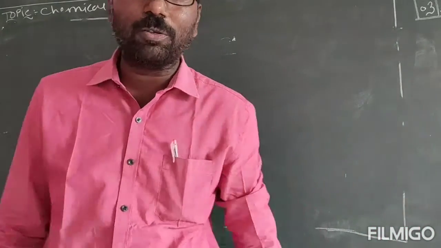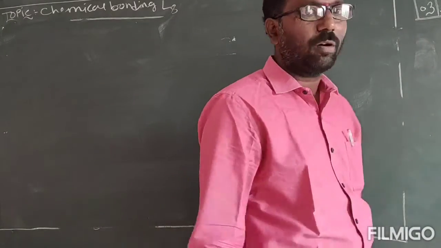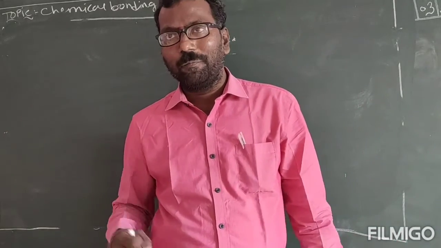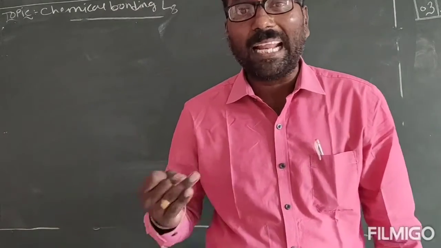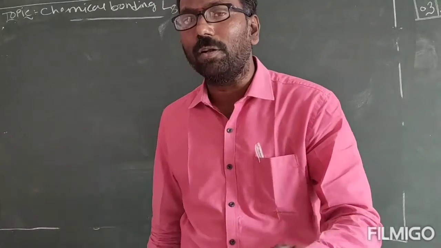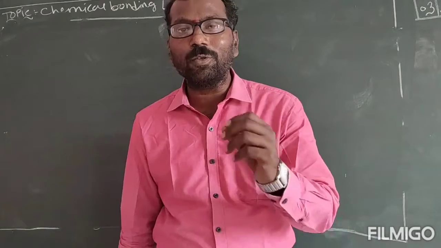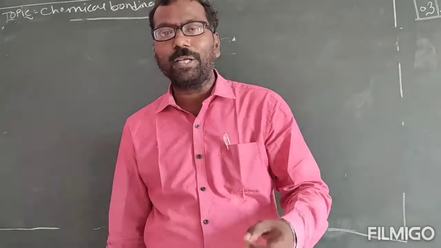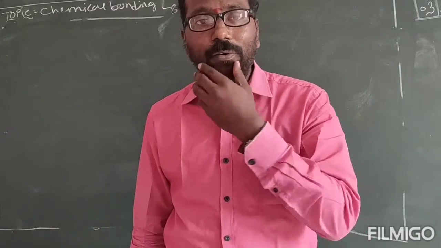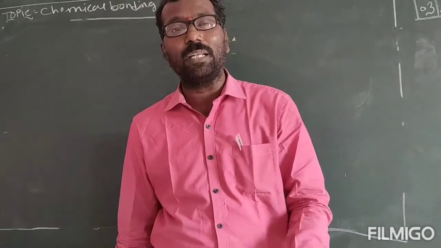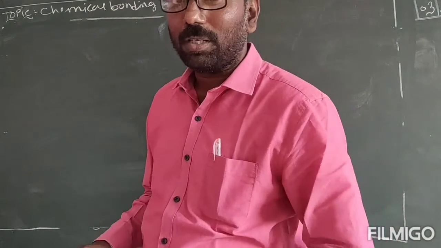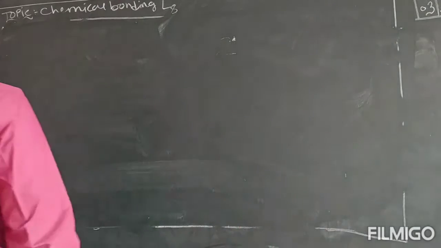The first concept we are going to cover in this video is the bond order calculation, and based upon the bond order, next you can have the electronic configuration of a molecule. Till now you might have studied only writing the electronic configuration of the atom, but now you will be able to write the electronic configuration of a molecule also, and at the same time, based upon the number of unpaired electrons you are going to decide whether it is diamagnetic or paramagnetic. These all points we are going to cover under this topic, chemical bonding.